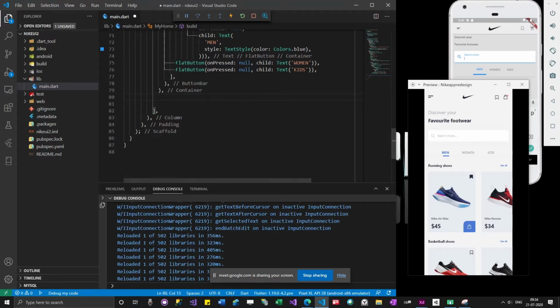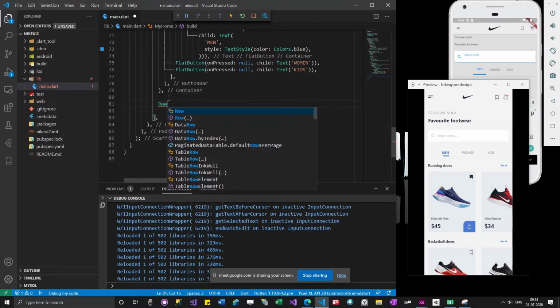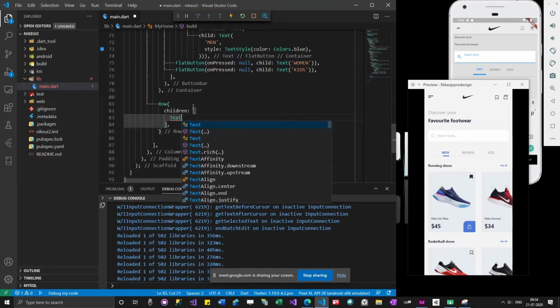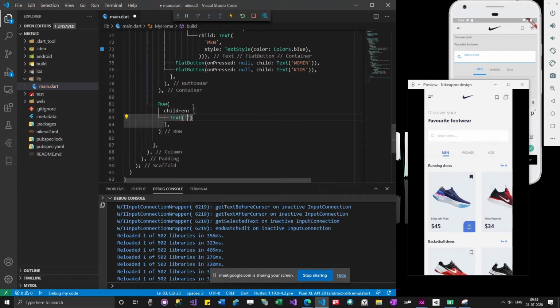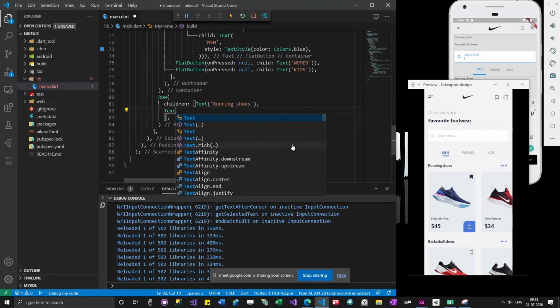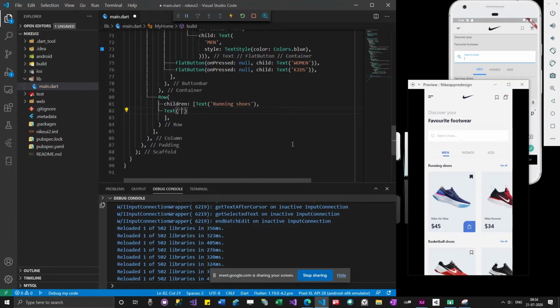In order to show this text, let me add a row. It is a row of text, running shoes and see all. I'll go here, I'll add children, and then text of running shoes, and then there will be another text, see all.